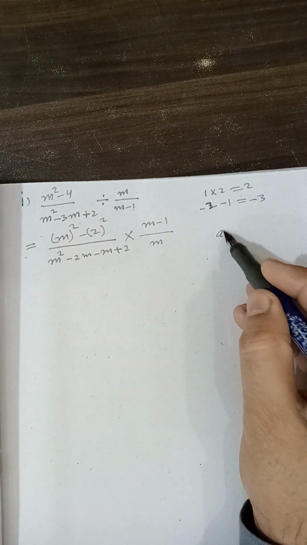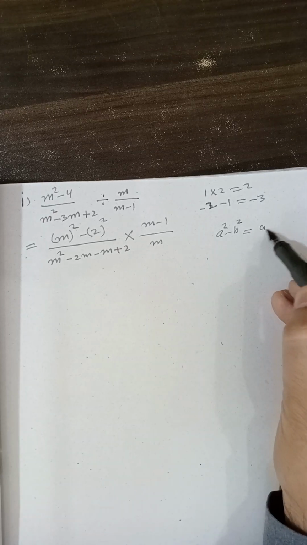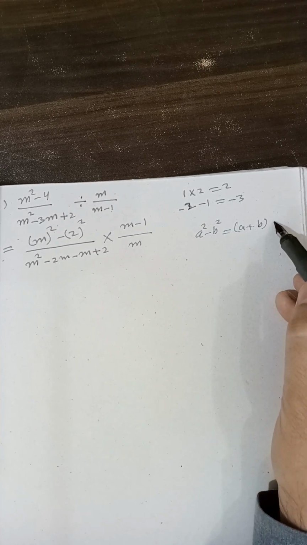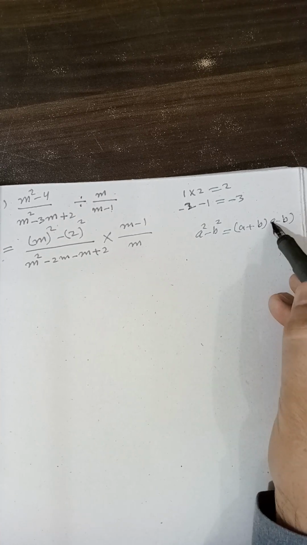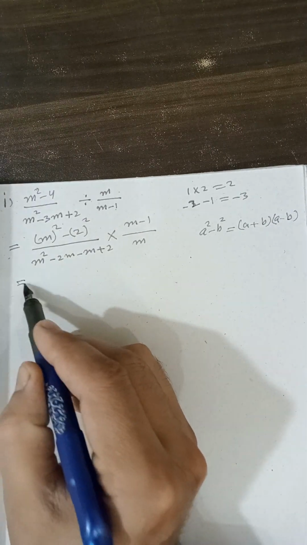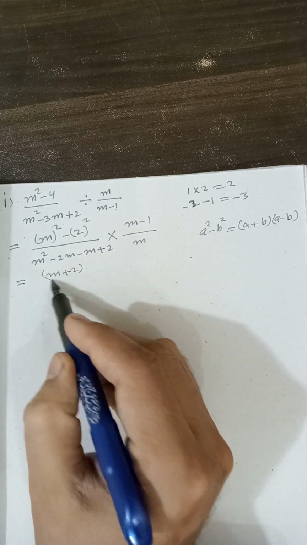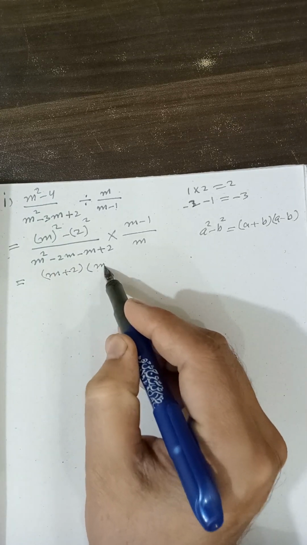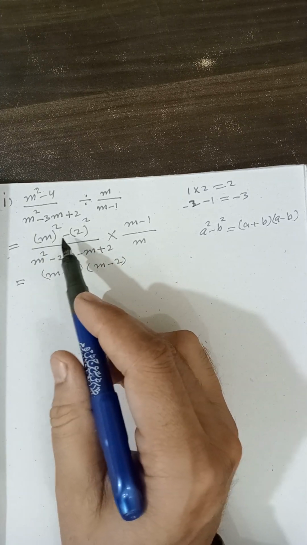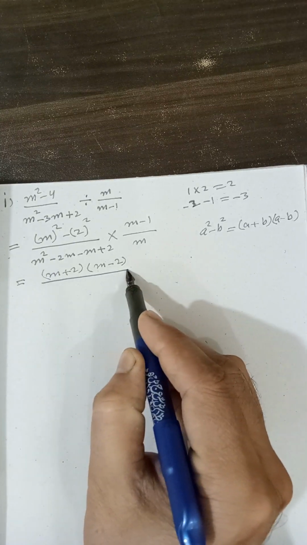You know that a square minus b square is equal to a plus b and a minus b. So write this question as m plus 2 and m minus 2, due to this identity, a square minus b square, a plus b, a minus b, and in the denominator